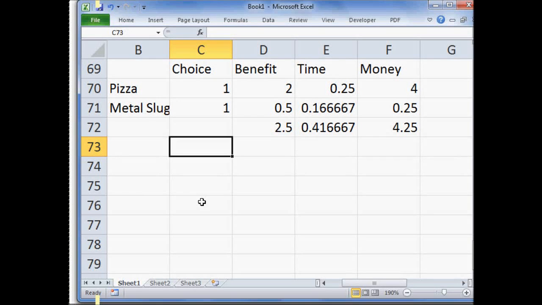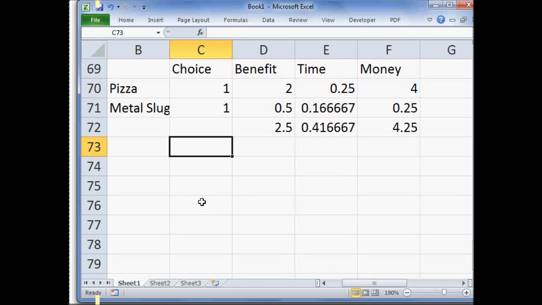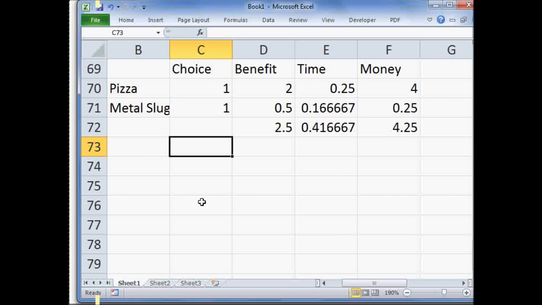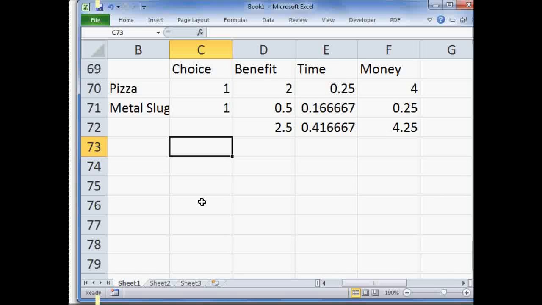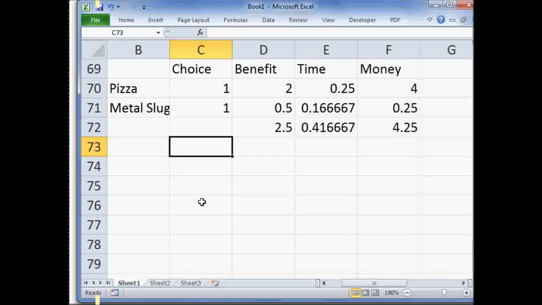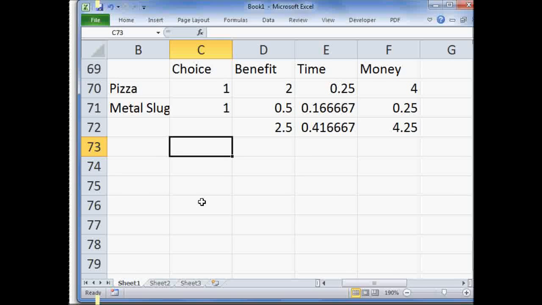And this assumes that we've got these constraints here, that she can only use so much time and she can only use so much money. And there's one location where she uses all of both. And we can find that location by setting up the constraints as linear equations. We'll get two linear equations that we'll then solve